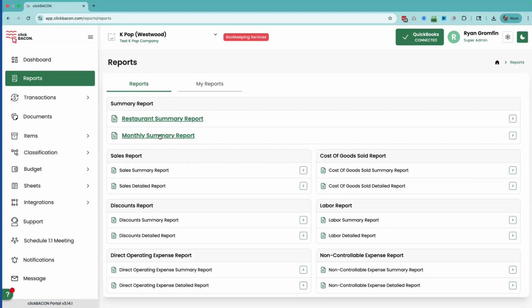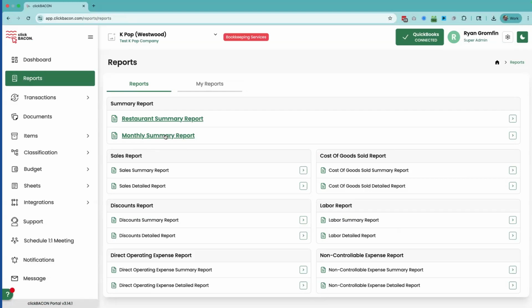This monthly report summary is not ready yet. When it's ready, this will show up in your account. We're still developing it, so I'm not going to spend too much time talking about that other than to tease you with it. This will be like an owner summary report. You click on that, you hit the run button, and then it'll get emailed to you like a 10-page PDF